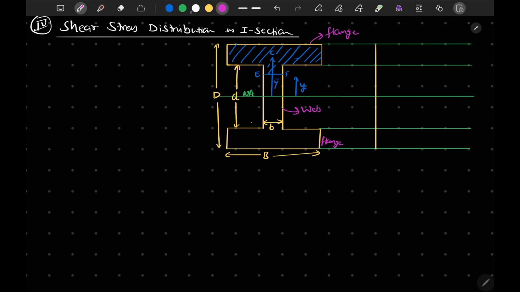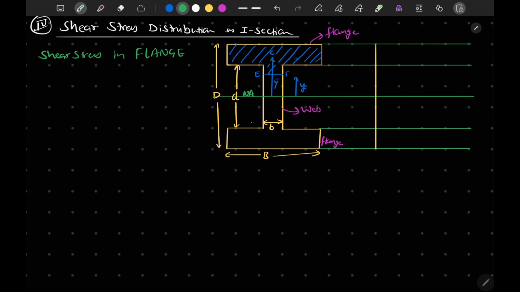Now if I want to calculate the shear stress in flange,